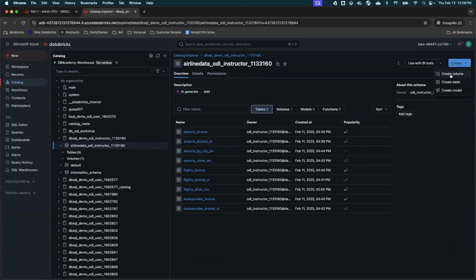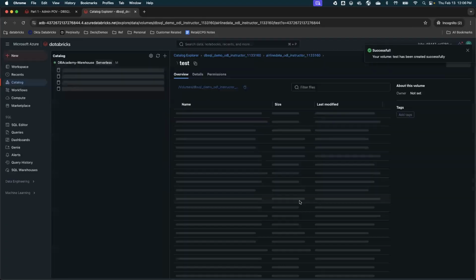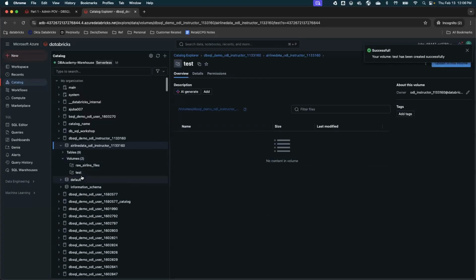Once I go here, I can click on create volume, right? Once you hit create volume, it will ask you for a volume name. Now I can put the volume name as, let's say, test volume, all right? And I can create a managed or external volume. Now you see there are two volumes, one where I already uploaded a file. I can click on the volume and then I can upload to this volume, right?